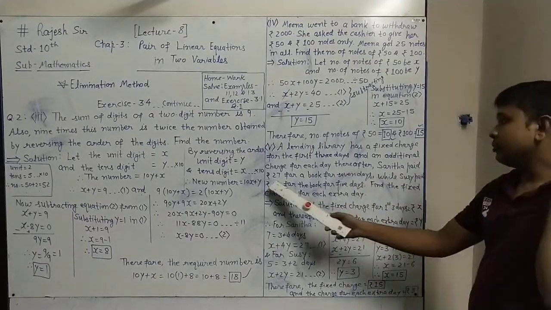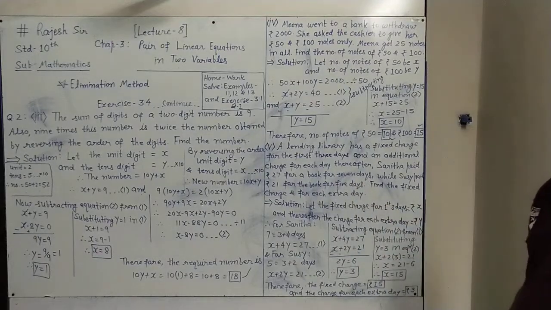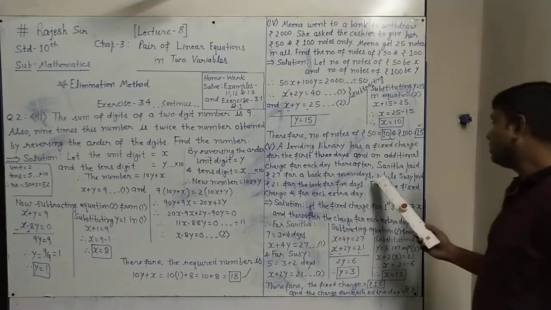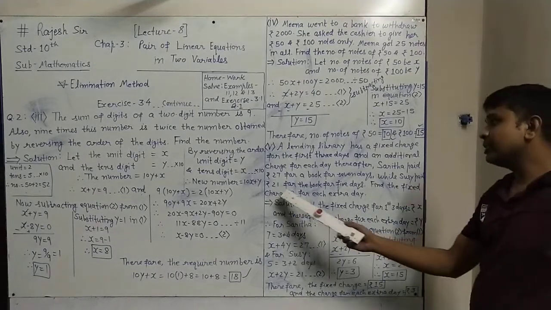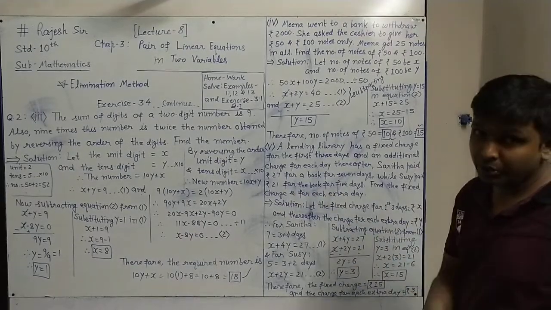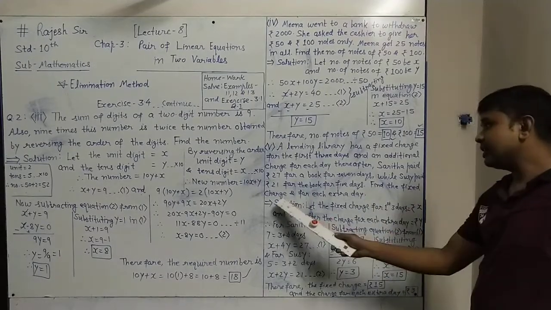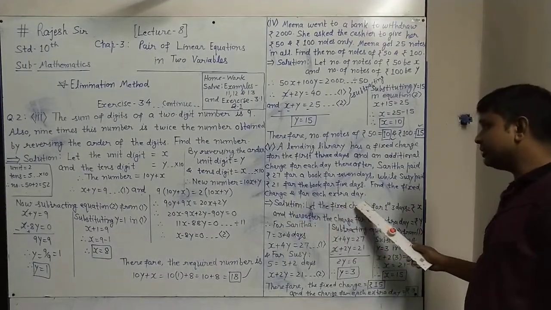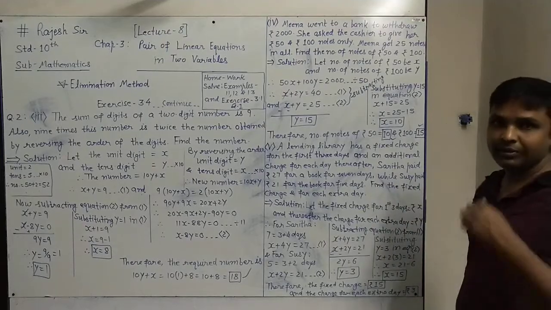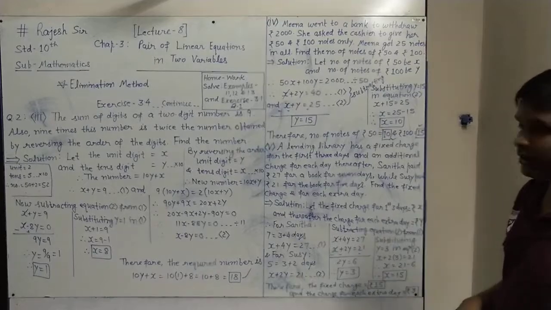Sarita paid rupees 27 for a book that she kept for 7 days. While Susie paid rupees 21 for the same book for 5 days. Find the fixed charge and the charge for each extra day. Both the fixed charge and the charge on the extra days we want to find.